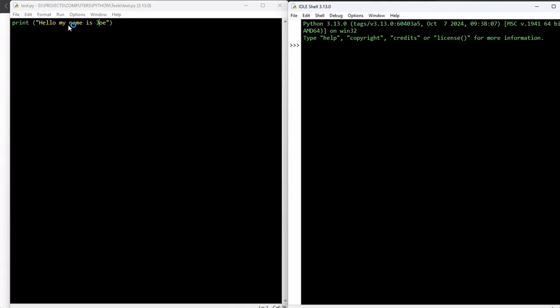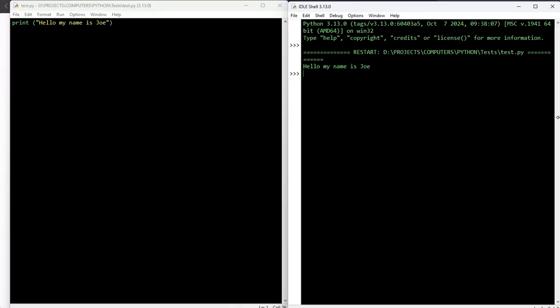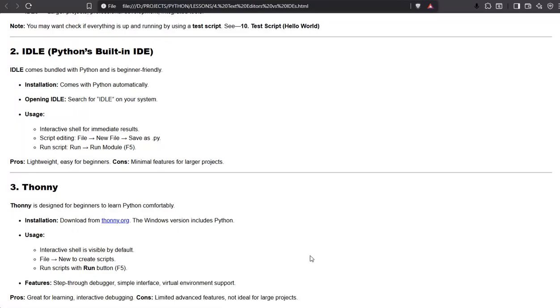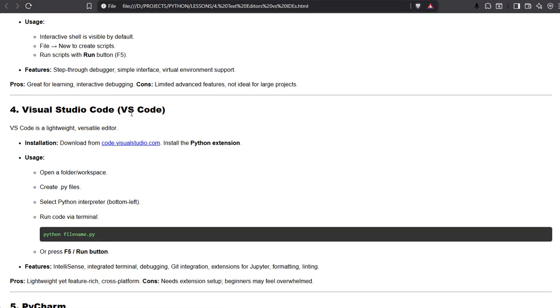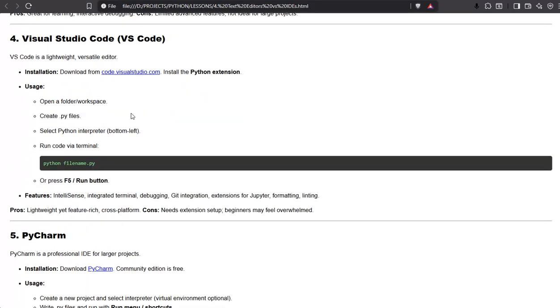Then you can just run it. Run the module. And it runs it over here. So, hello, my name is Joe. That's one way of doing it, and this is one way I learned how to do it to begin with when I was studying cybersecurity and learning Python. I was using IDLE for the meantime, but having said that, you can use Notepad++, and I can show you how to install that, or even Thonny. Maybe not Thonny. I'll just go through